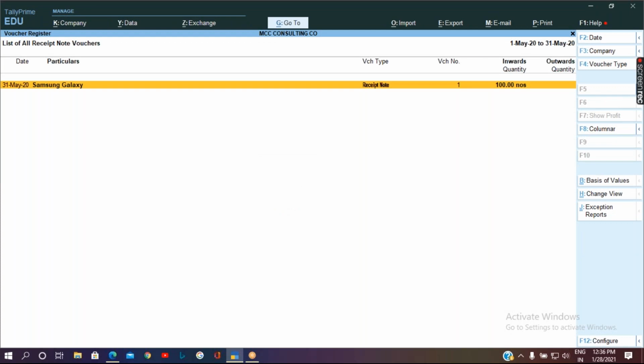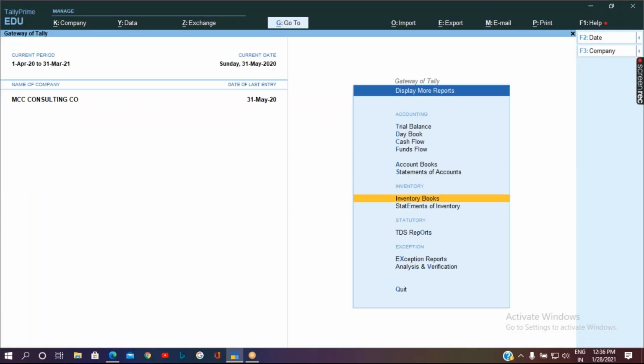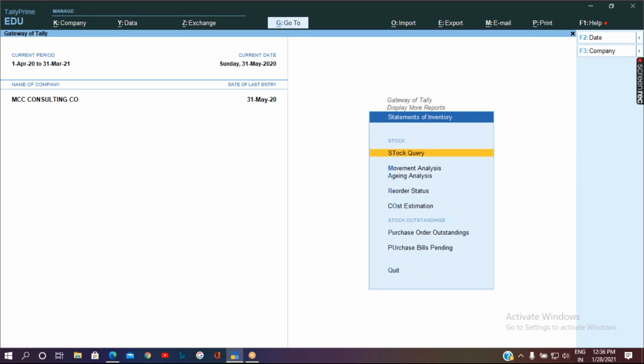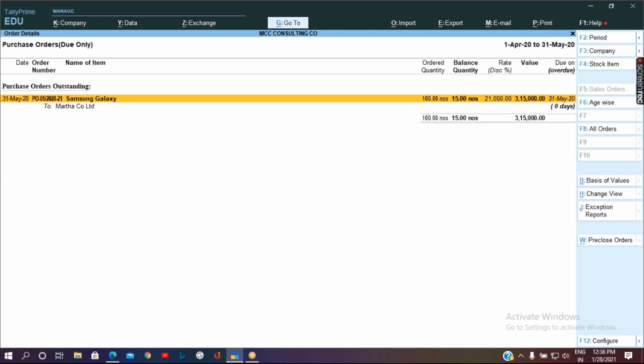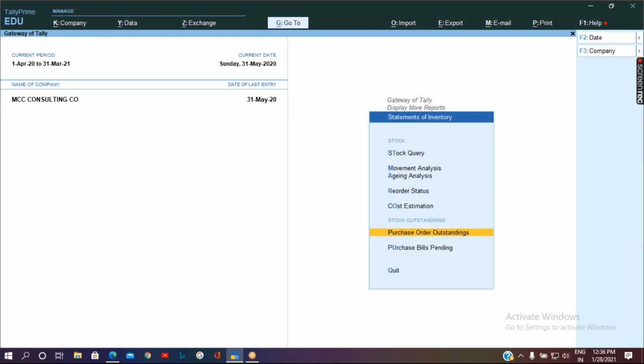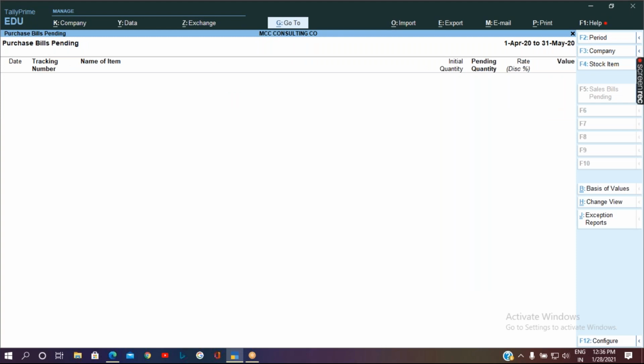So now if I go and check the report, statement of inventory, purchase order outstanding, it will be showing me that 15 quantity. Since I have deleted that purchase receipt note entry, it will not show anything in the purchase bill pending because I've already cleared it in the first term. So there will be no pending.